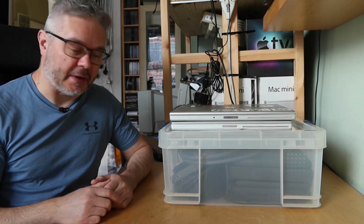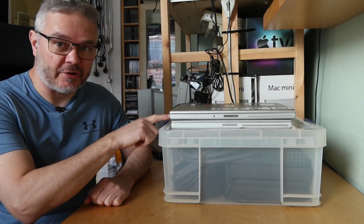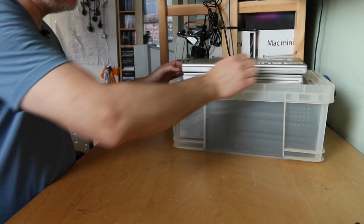So I've just been on a road trip to pick up some random Apple stuff, and some other random Apple stuff came in the post. So let's have a quick look at all of this, see what it is, see if it's working. So what have we got? We have got